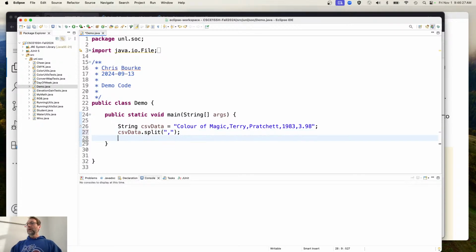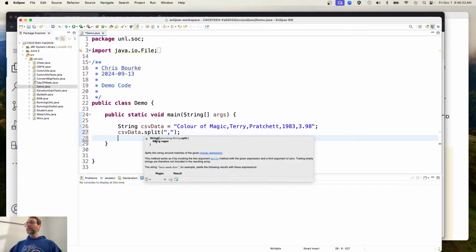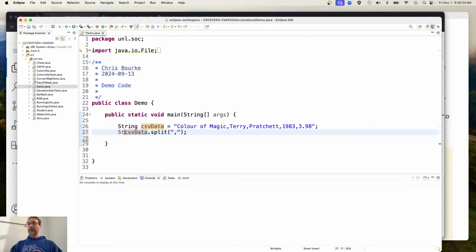All right. Now, what does that give us? Let's go ahead and RTFM. There is a return value here. It is a string array. Let me call it tokens, because that's what it is. Now what we can do is iterate through that array of strings, and each one of them will be a token. The easiest way to do this is a traditional, well, not a traditional for loop, but an enhanced for loop. So string token in the collection tokens,